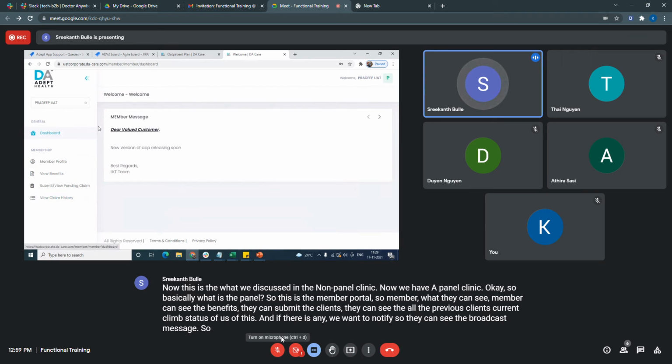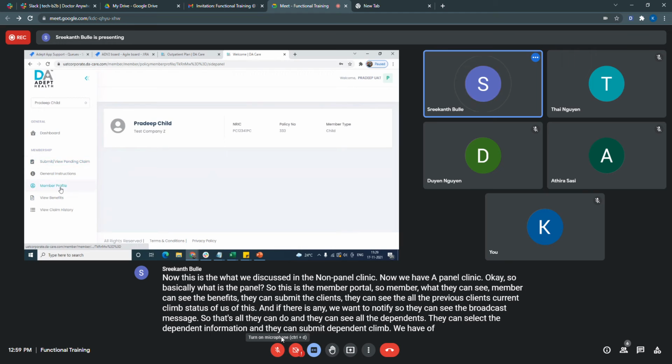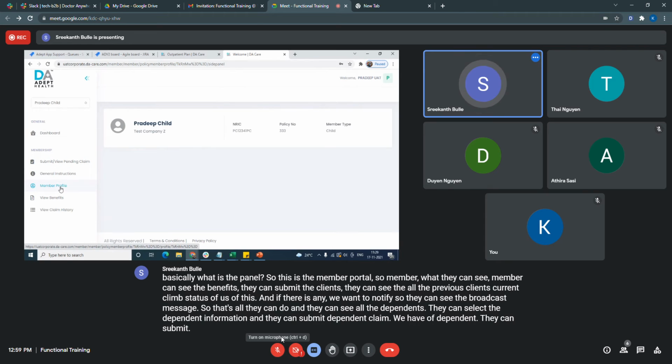They can also see all the dependents. They can select the dependent information, and they can submit a claim on behalf of the dependent. They can submit a claim as the policy member, or submit a claim by selecting the dependent.